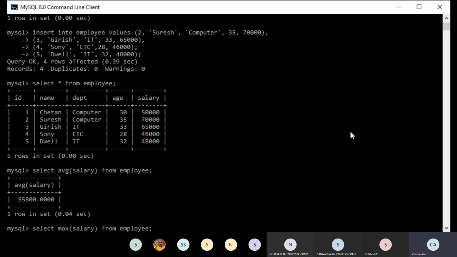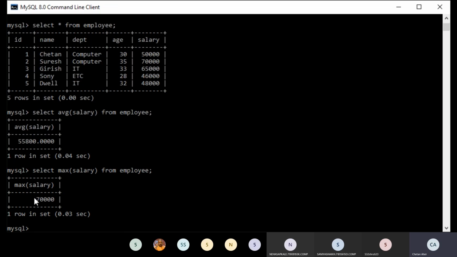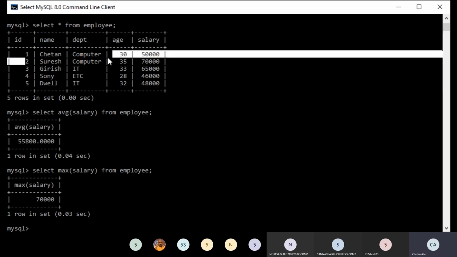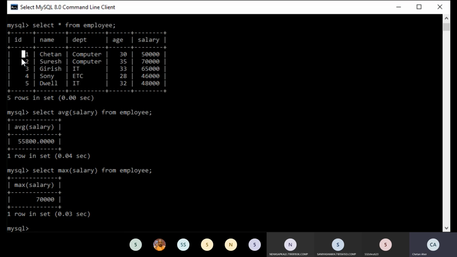What will it return? It is only returning the maximum salary number, but you can also get the complete record.